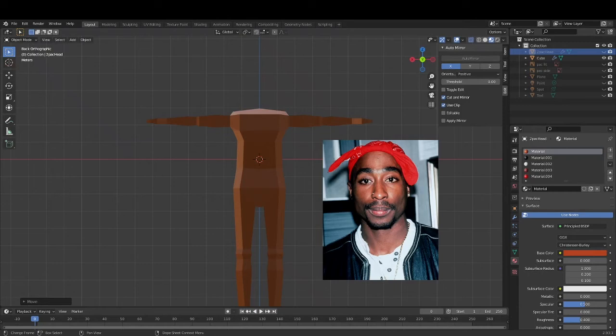Okay, so let's go ahead and get this head on him. So I'm gonna unhide the head I created the other day. I can see right away that the colors are off. I'm gonna grab that head,